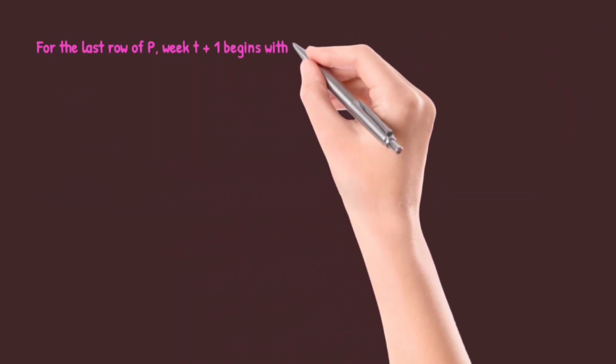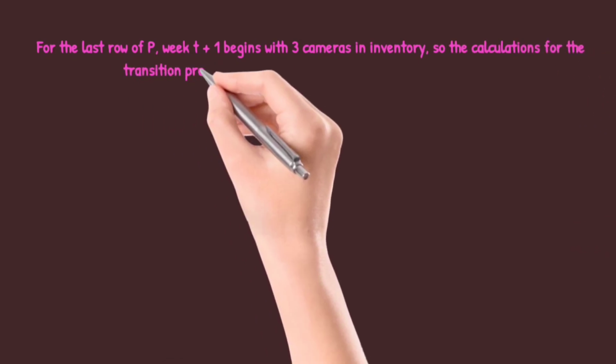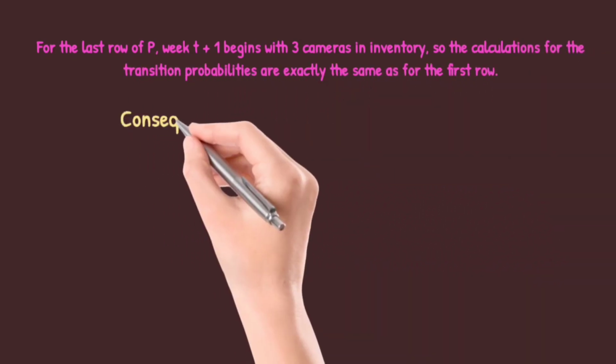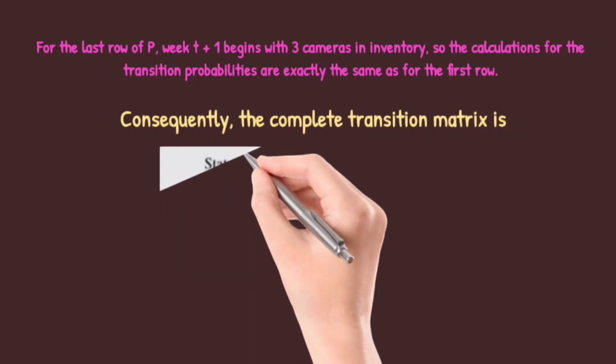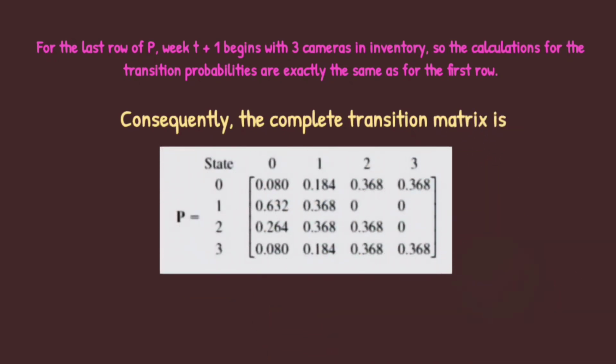For the last row of P, week t+1 begins with 3 cameras in inventory, so the calculations for the transition probabilities are exactly the same as for the first row. Consequently, the complete transition matrix is